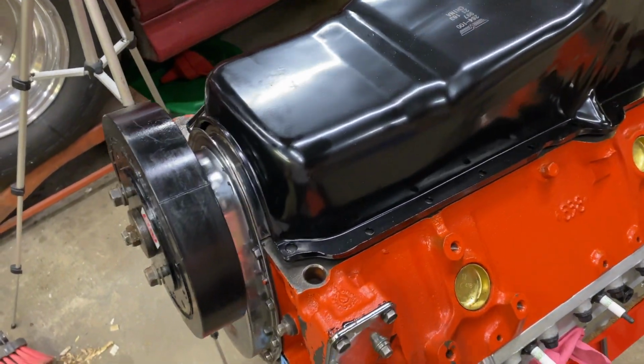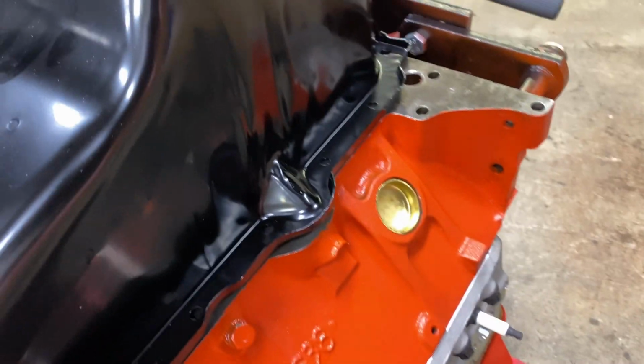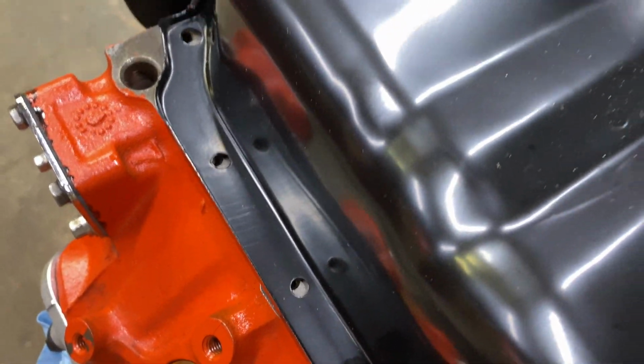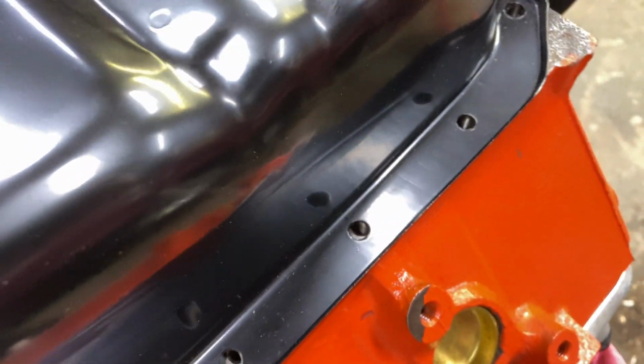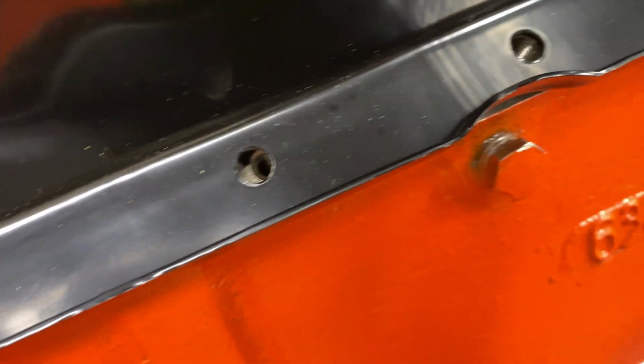Swing and a miss here. As you guys can see, I'm bottomed out on the pickup tube, and even the bolt holes. I mean, push this pan. Let me get on this side. That's as far as I can get the pan forward with it binding on the back of the pump, and it ain't even close. If you tip the back of it up, I can get them to line up that way, but